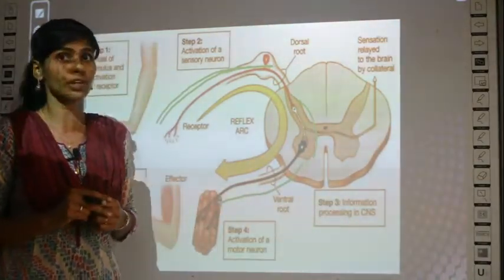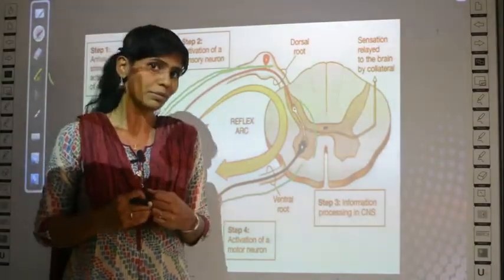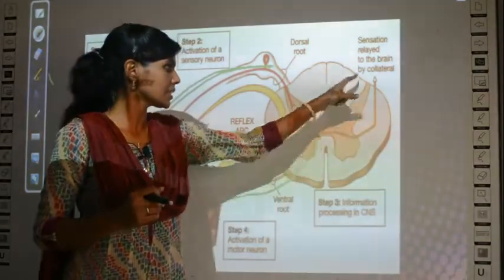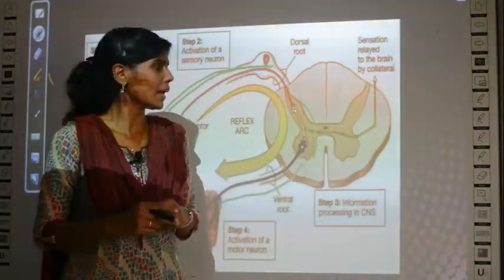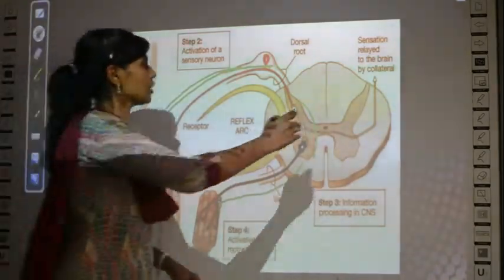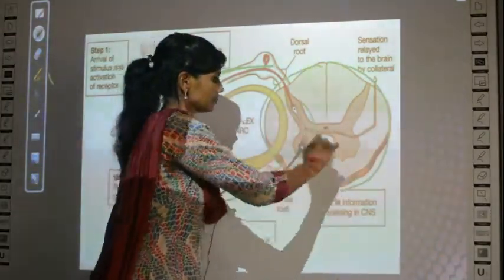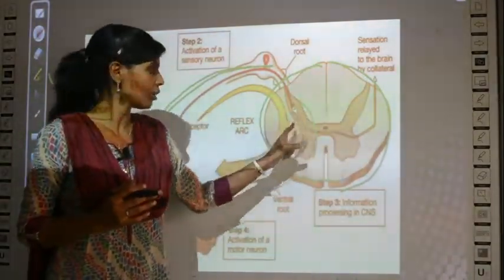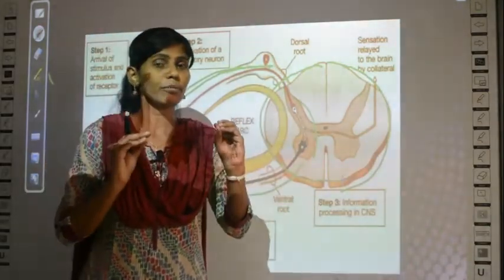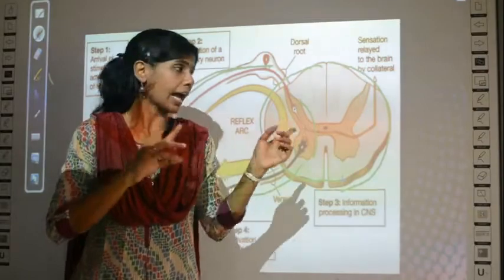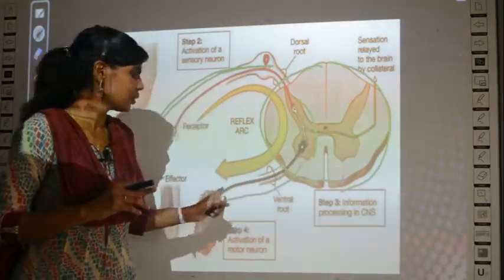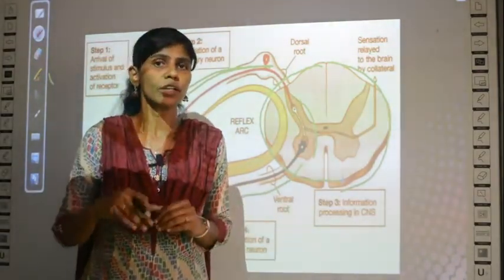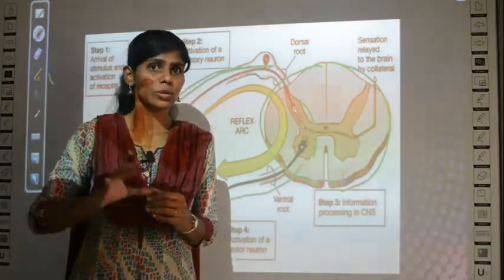What is CNS? We have already studied CNS as the central nervous system, right? So now the information is processed in the central nervous system. This is the central nervous system. In this case it is the spinal cord. Okay, so here the information is processed. How is it processed? This intermediate neuron, which is white in color, will get the information that something has pricked and it will send the information to the black neuron, that is the motor neuron. What information? It will instruct the motor neuron to move your muscles so that you are relieved